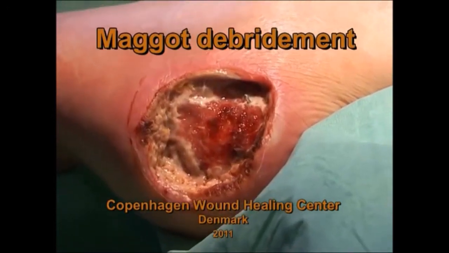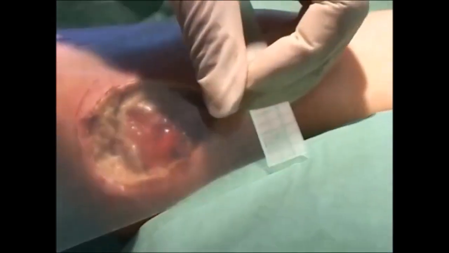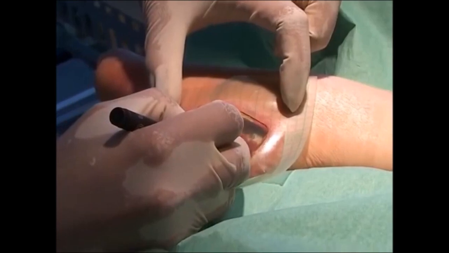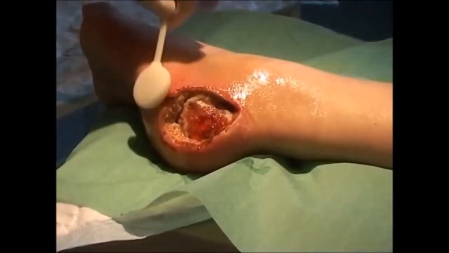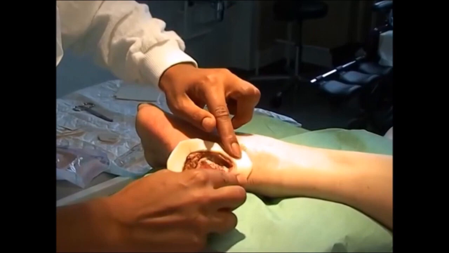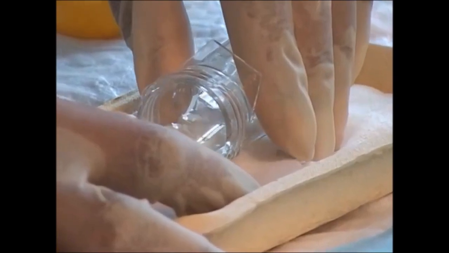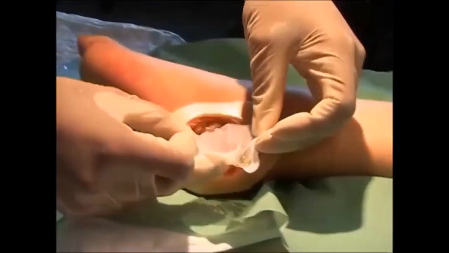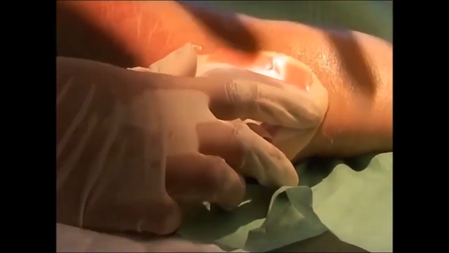So the application of maggot therapy is quite a specialist type of wound care that we do, and although it doesn't need a lot of training, it does need some training. So the first thing we do is we trace the edges of the wound, because then we can cut what we call a window for the wound, where you use these thick hydrocolloid dressings to fenestrate the wound. So you are protecting the peri-wound skin, because these can be quite wet. You cut also the netting, then you put a little bit of saline on the maggots. You put them on the net, and you apply the net directly on the wound without the need of